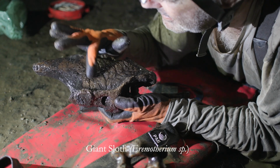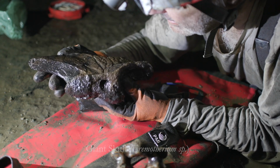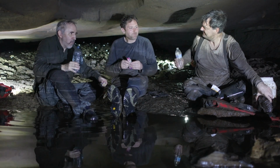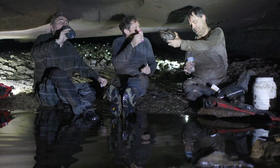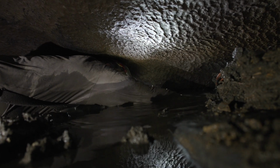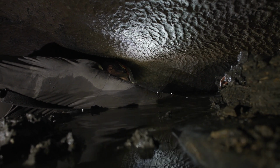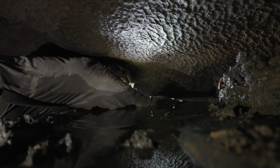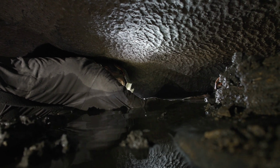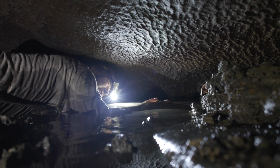Look at all these veins. Gentlemen, cheers. Cheers! To this giant sloth that once wore this claw. Very gingerly, trying to get it free. It's coming. Relax. Slow. Okay, it's free. Okay. Looks like